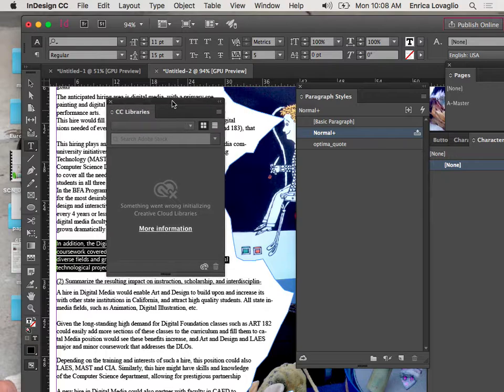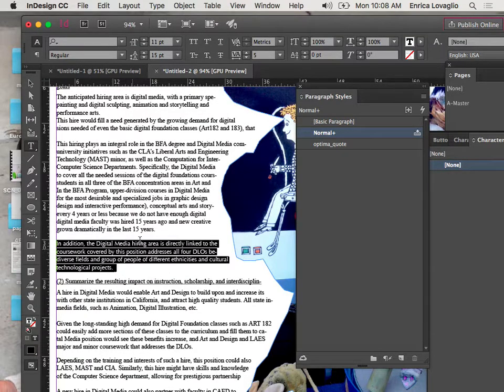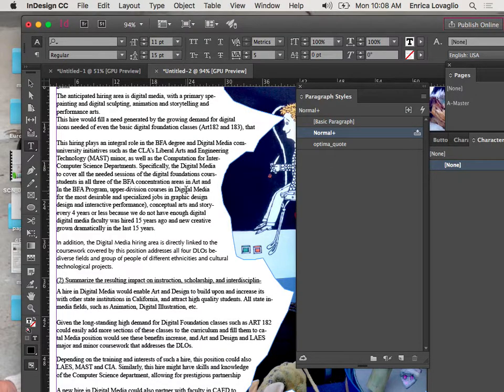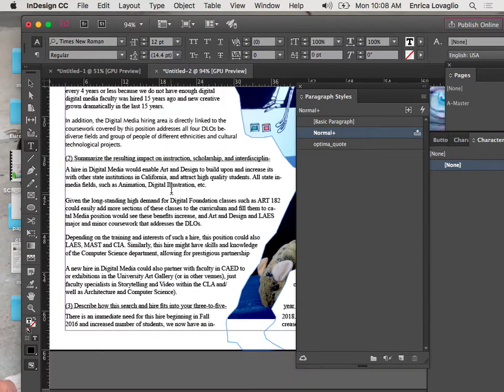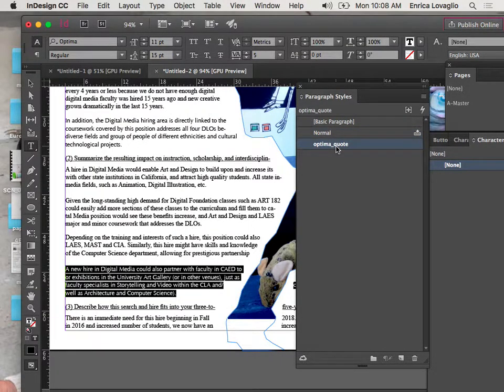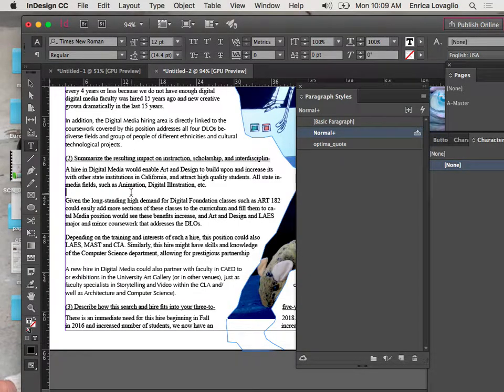So having that selected, I'm going to actually turn this off. Having this selected, I actually created this Optima quote. Now, I can deselect it and say, hey, look, I need this paragraph to have the same formatting. So I'm going to select it, and I'm going to click on Optima quote. And all of a sudden, we notice that this paragraph that I had selected, just because I clicked on Optima quote, took the same exact formatting of this one. My point is, creating a style is as simple as creating the formatting